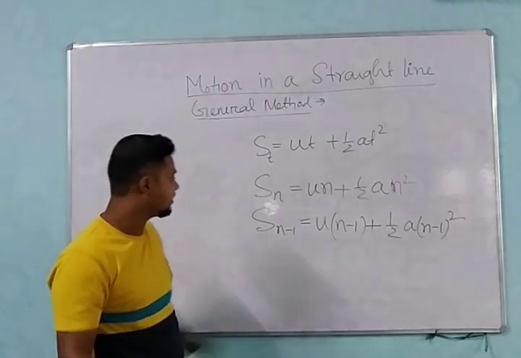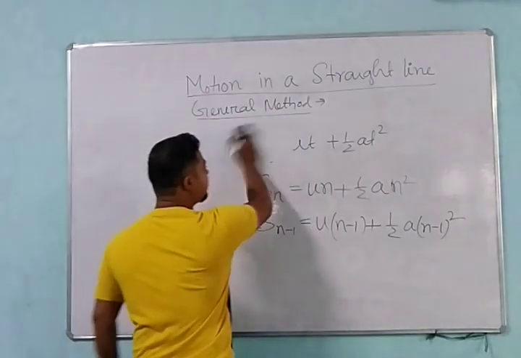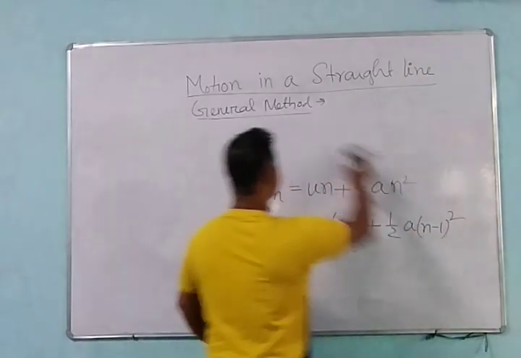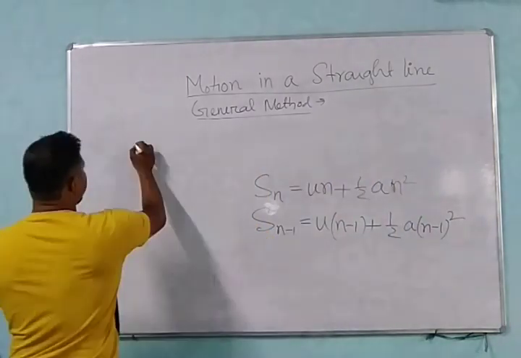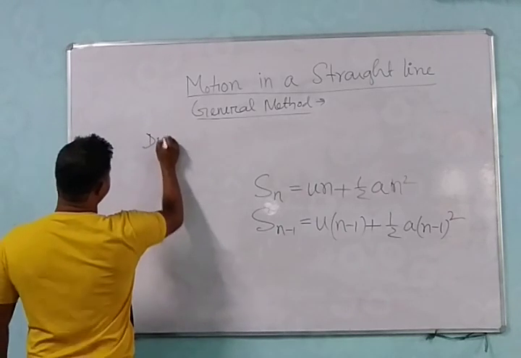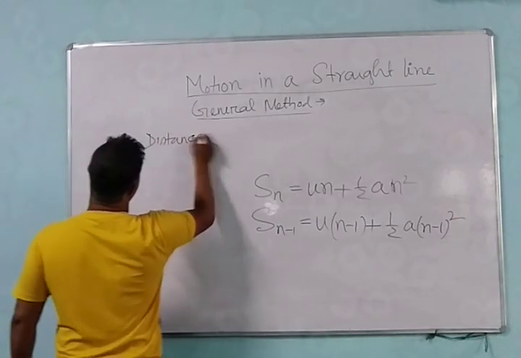So the idea is clear. Then if I want to find the distance traveled by the body in the nth second, therefore the distance traveled